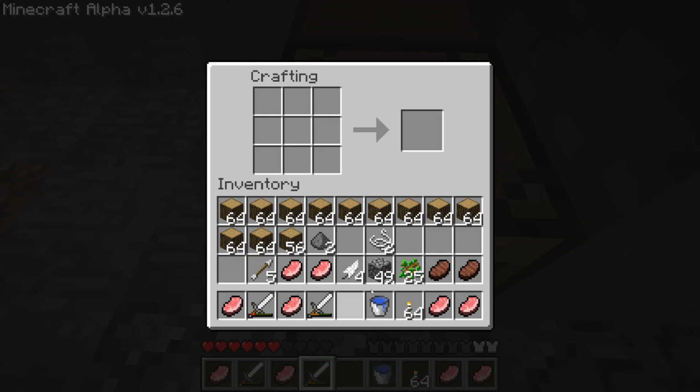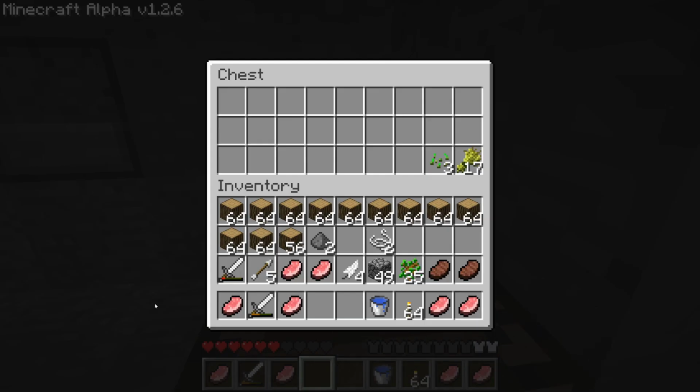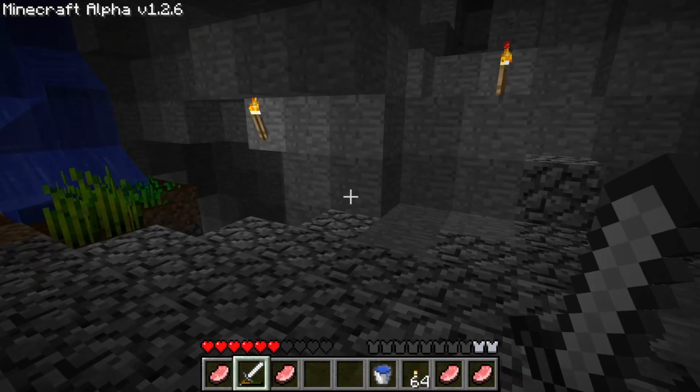And just to demonstrate something, one of my friends was asking about this. You cannot combine tools to heal them. I don't think that was added until maybe beta 1.8 or a release version. I don't quite remember, but we'll take this slightly